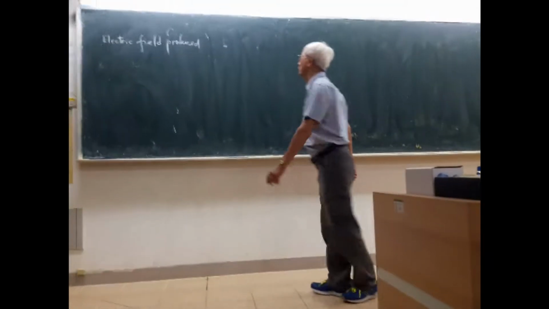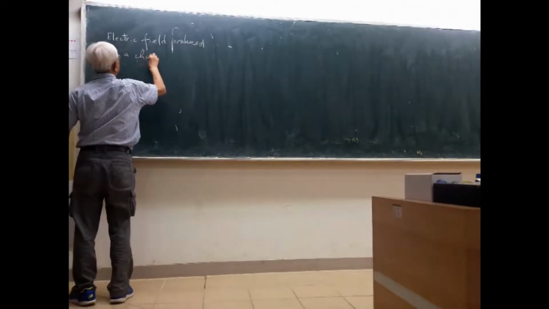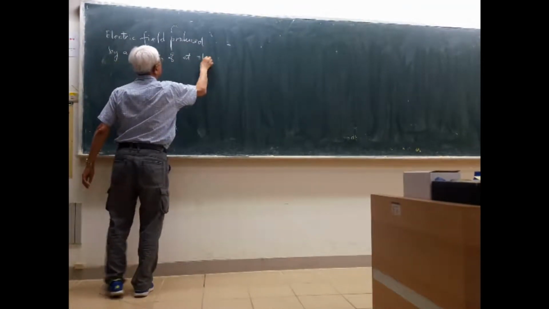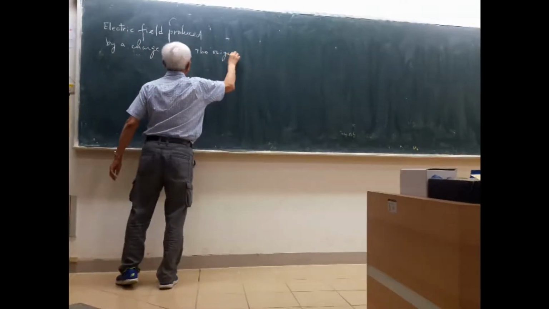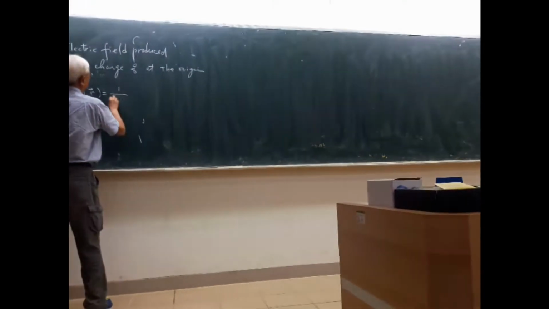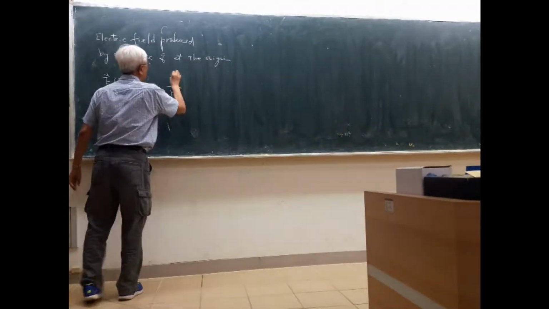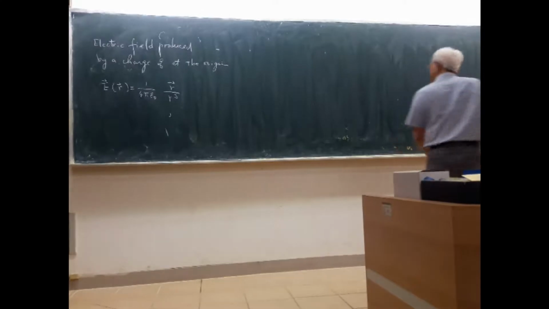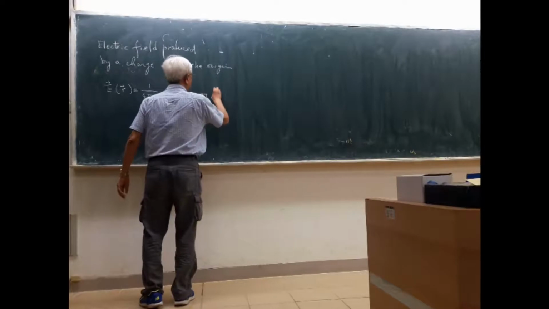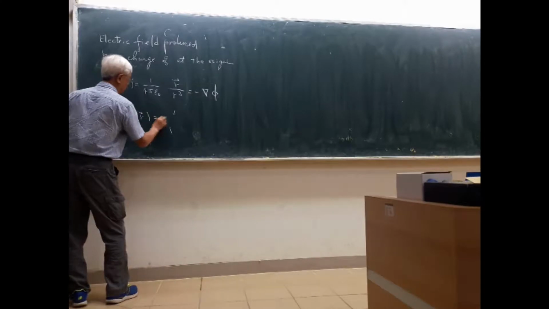The electric field produced by a charge Q at the origin is E equal to 1 over 4 pi epsilon naught, Q r over r cubed. Okay, which can be written as a gradient of phi, where phi of r is equal to